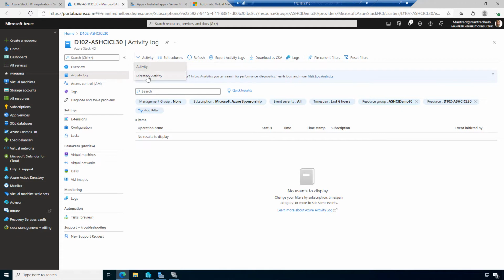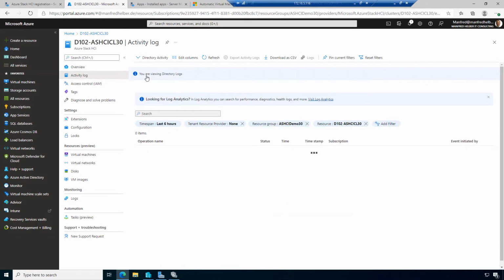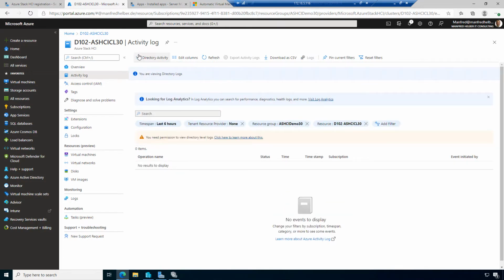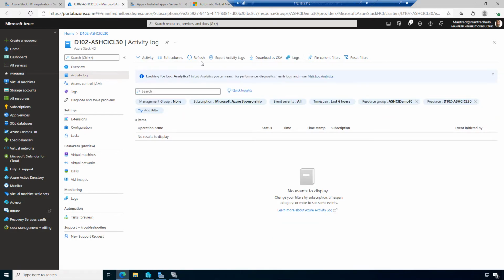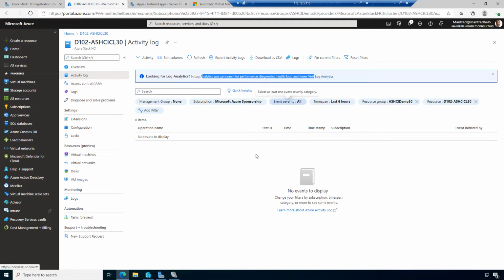I can select the directory activities, or the activities themselves, and I can download the activities. Here I can read, looking for Log Analytics. In Log Analytics, you can search for performance diagnostics and so on. So here I will see information about the activity log of this system, where we actually don't have any